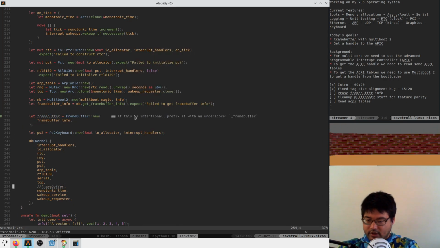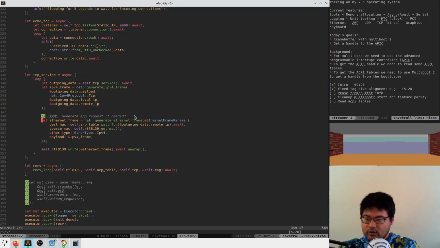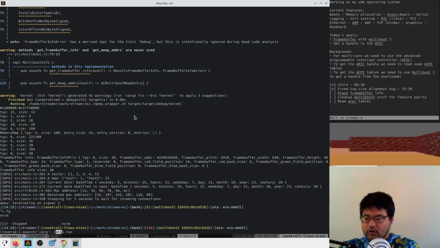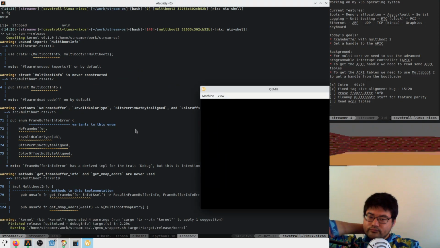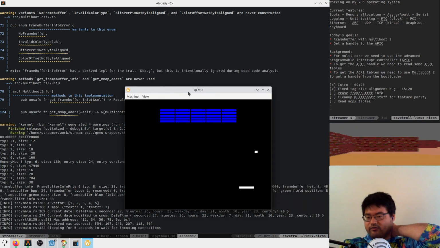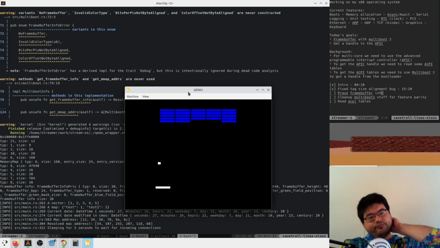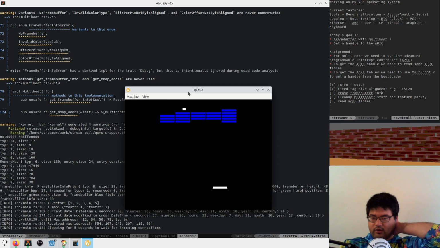There we go. So now we're just going to uncomment all the places where we commented out the frame buffer. Here we can bring the game back, and we can use the game here. And let's see if that actually runs. There we go. Very nice. So we're back at feature parity. Very cool, I'm happy with that. So frame buffer is now up and running.